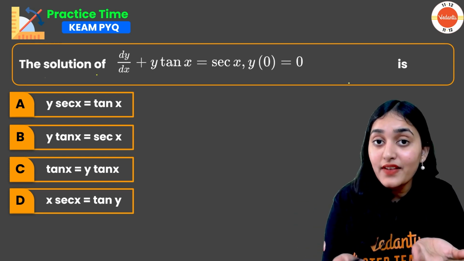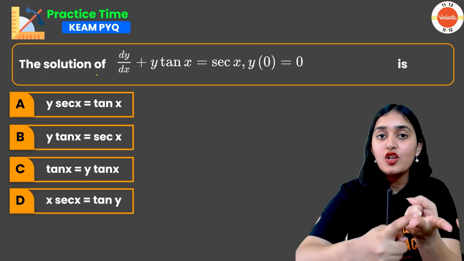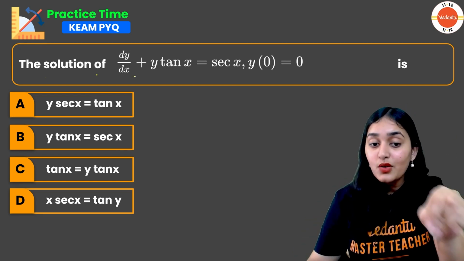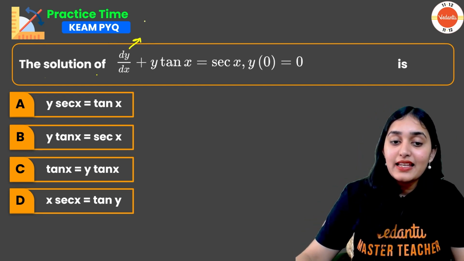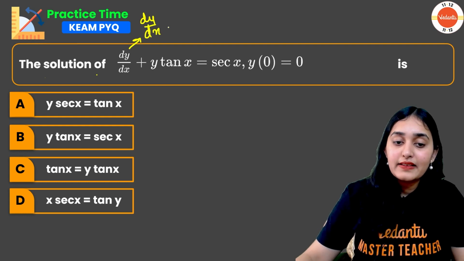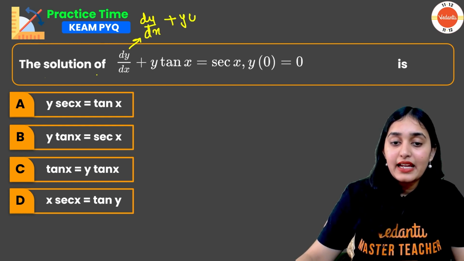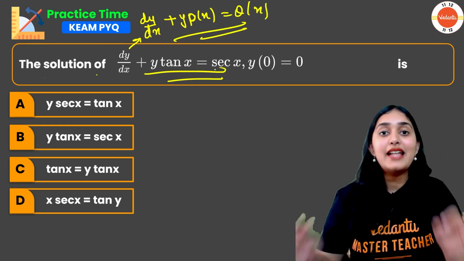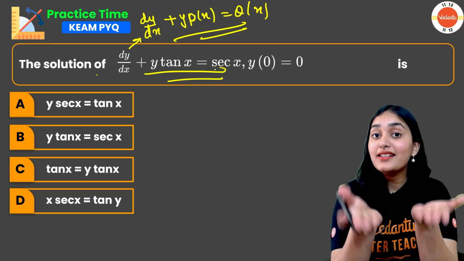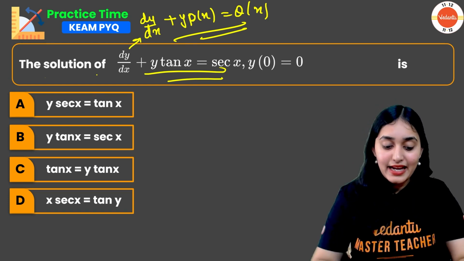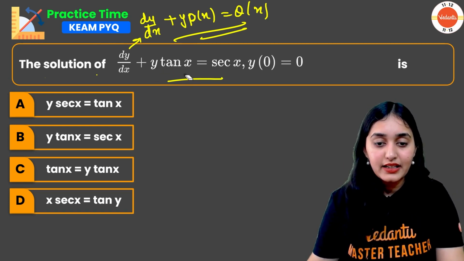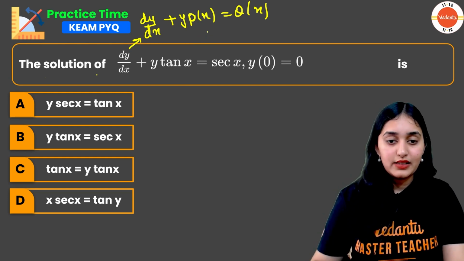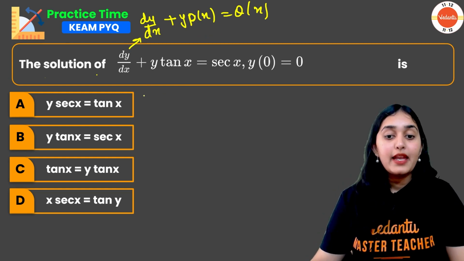Which method we will use? Variable separation, homogeneous or linear? Just look at the question. This is dy by dx plus y into px is equal to qx. So this is linear differential equation. Directly we can see it is a linear differential equation, right? So how can we solve it? We'll solve it like this. First,